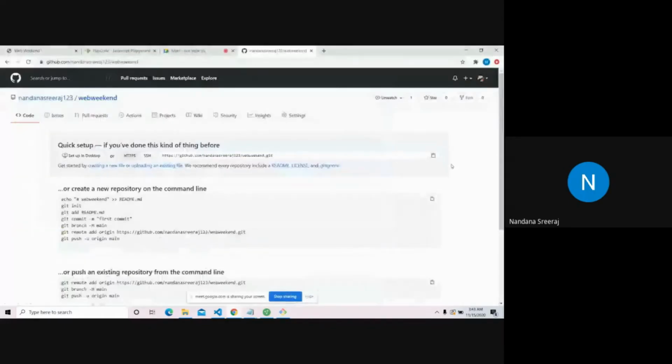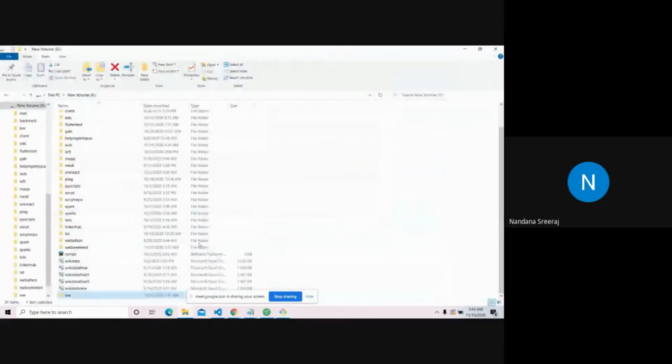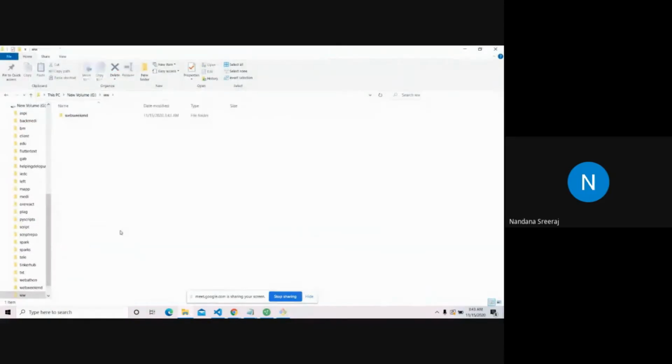I got this URL from here. So git clone this, enter. What will happen if you clone? You will get a copy of your online repo in your local system. Inside www, I have this web weekend. This web weekend is actually your repo, the repo that is there on the internet.